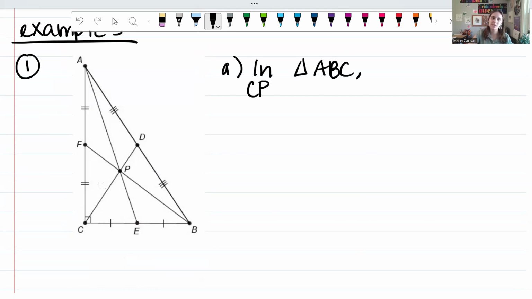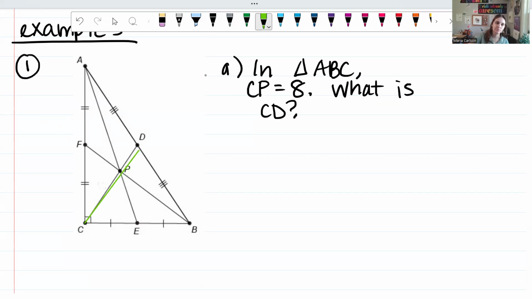CP equals 8. What is CD? And notice no lines saying these are segments. We're talking about the measures. Now, what I want you to notice is we have all these lines going through the middle. And if I pick one of these lines, like CD, for example, D is bisecting this segment AB, it's bisecting this side and it goes through the vertex. That's what the other lines through the middle do as well. So this tells me then, and this is important for this entire problem, that P is a centroid,